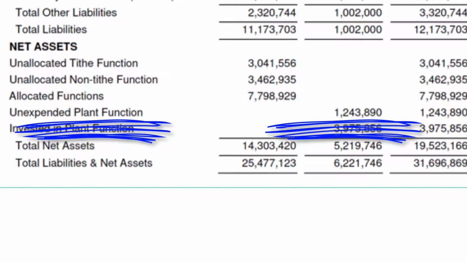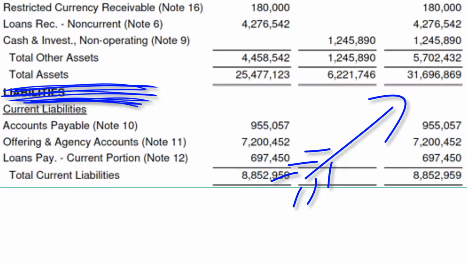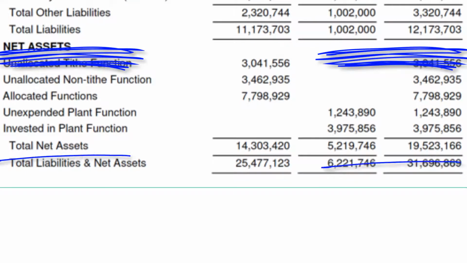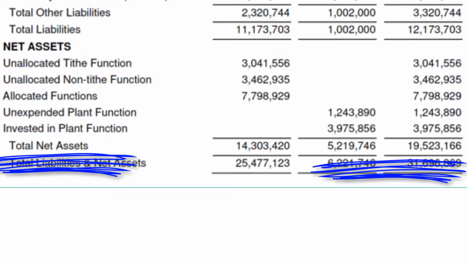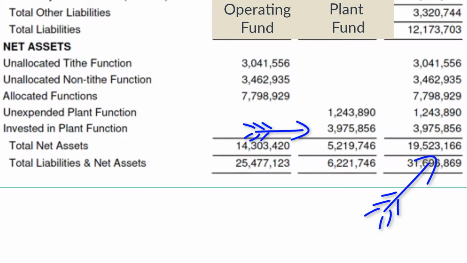So you can see how net assets are helping us by tagging these net assets. They help us with our stewardship role of making sure things are being spent the way they're supposed to be spent. So let's take this at a run. We have a total of $31 million in assets. We're going to use up $12 million for our debts. That leaves us net assets of $19 million. Of the $19 million, nearly $4 million is tied up in land, building, and equipment. So that amount of the $19 million is fairly permanently tied up.